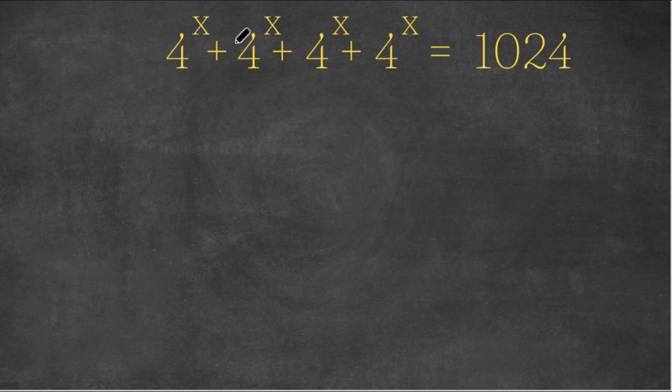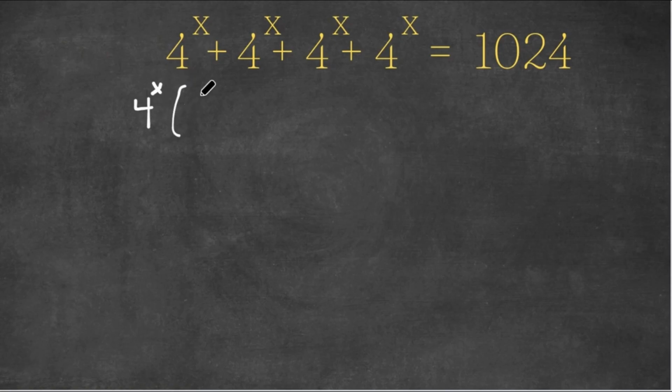So we have 4 to the power of x plus 4 to the power of x plus 4 to the power of x plus 4 to the power of x equals 1024. So what I'm first going to do is factor out 4 to the power of x from the left-hand side of the equation. So if I factor out 4 to the power of x,